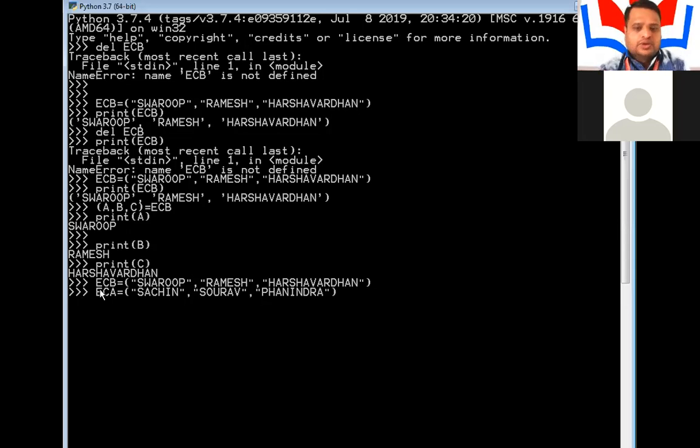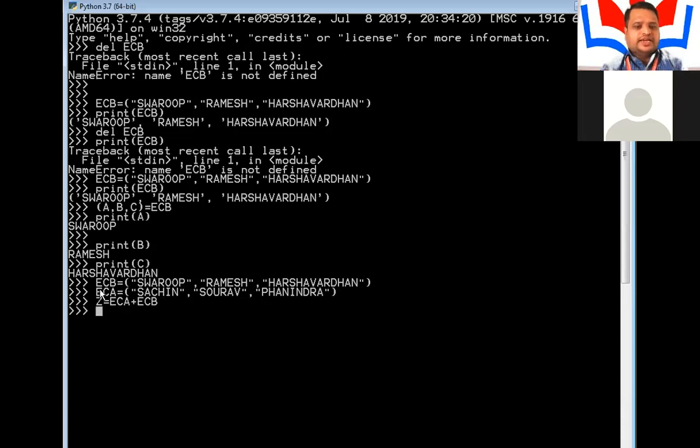Now you can notice that the two tuples are already created. Now I will be taking one more tuple here. The tuple name will be z equal to ECA, and then here I will be using plus, and then ECB.